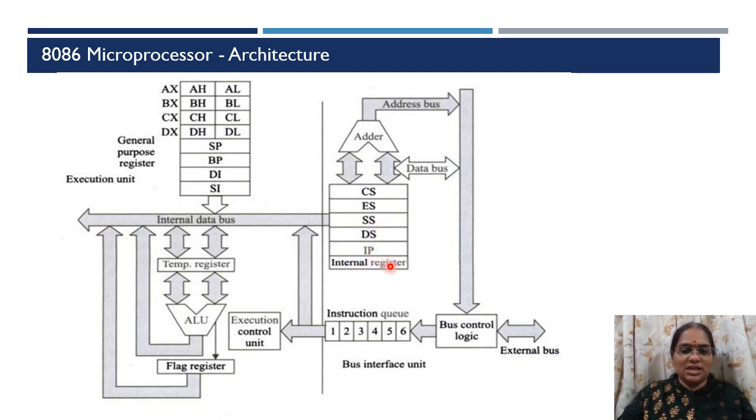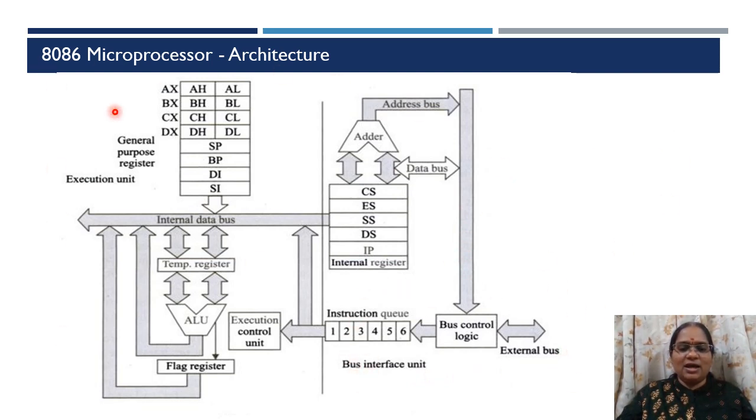Some internal registers are available. And then a temporary register for temporary storage, and the ALU for arithmetic logic execution. The result of any execution will be reflected in a flag register, and we have an instruction queue available. This is used for your pipelining process. Okay. Now,